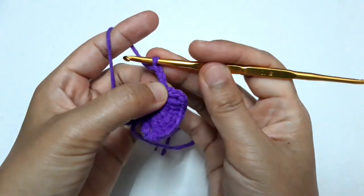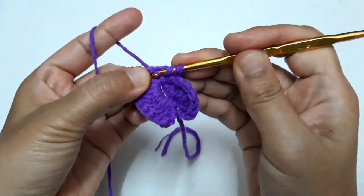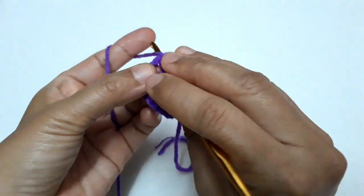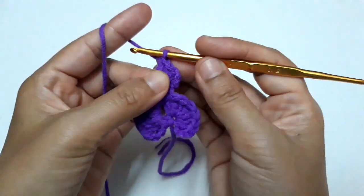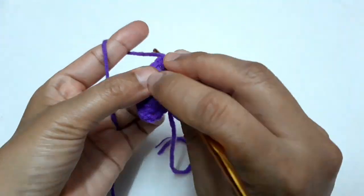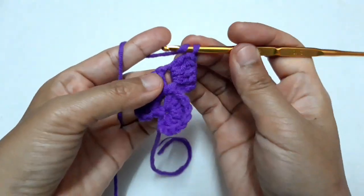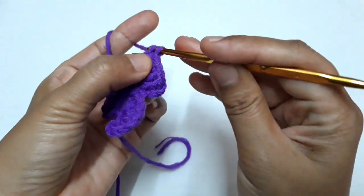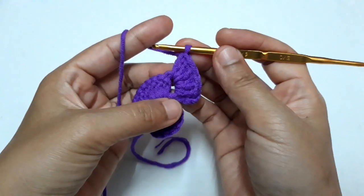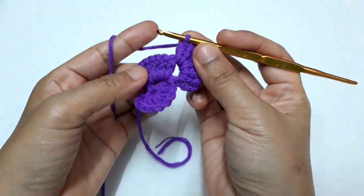Now make another chain of 4 to make the third pattern. Then make 7 normal double crochet in this chain space: 1, 2, 3, 4, 5, 6, and 7. You don't need to make a chain of 3 here, but you need to make another